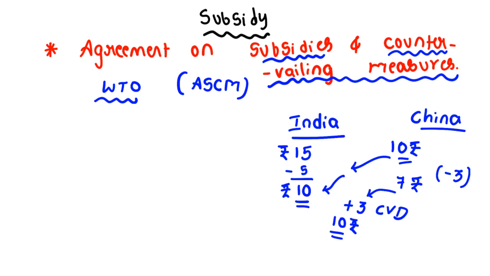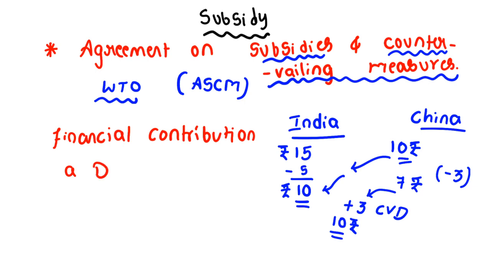So see, according to this, a subsidy shall be deemed to exist if there is a financial contribution by government or any public body, where government practices involve a direct transfer of funds like DBT, direct benefit transfers, in the form of grants, loans, or where government revenue that is otherwise due is foregone. So you have to know there is something called revenue